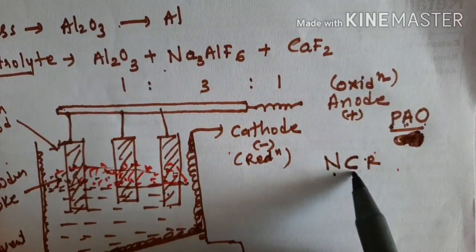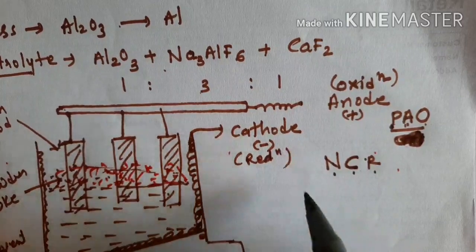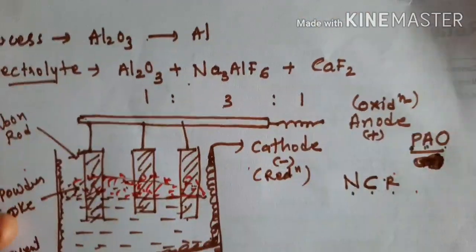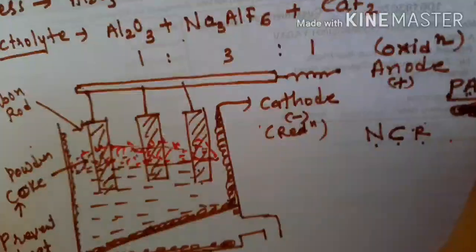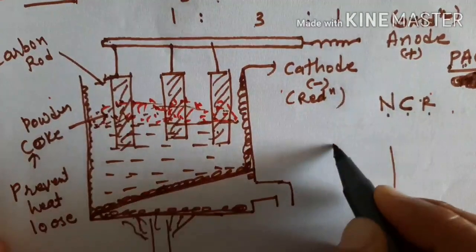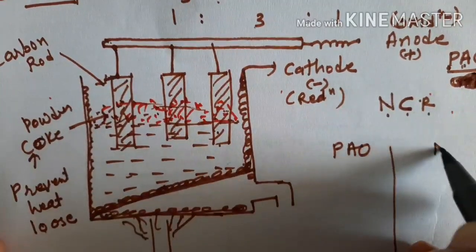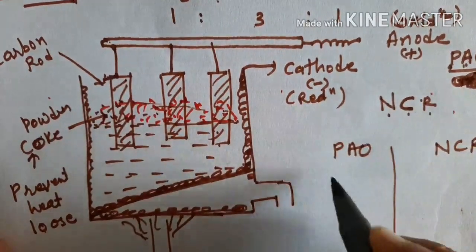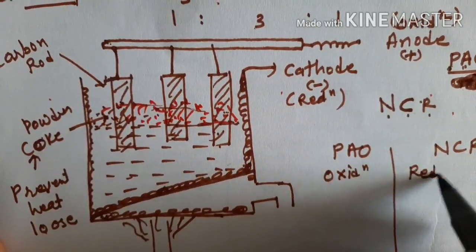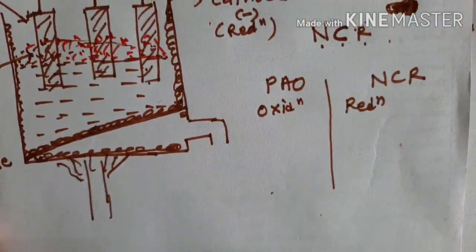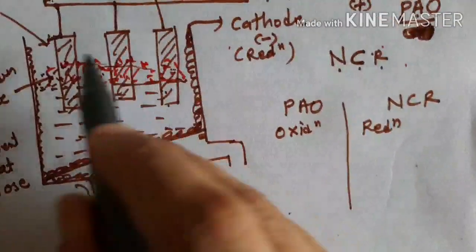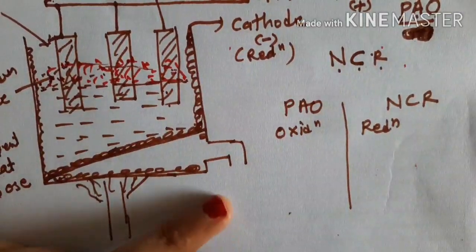Negative charge, cathode, reduction reaction happens. Now what is the oxidation reaction and what is the reduction reaction, that you have to remember. So what we have learned here, oxidation and reduction. Now oxidation and reduction, which means that in aspect of this scenario, what we can say that